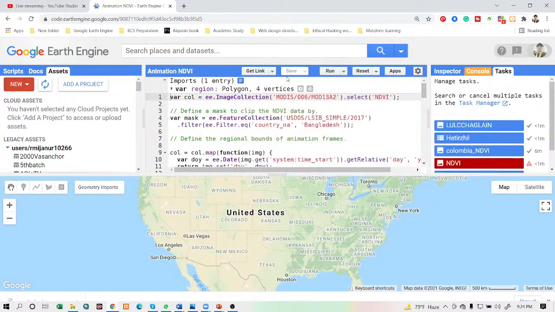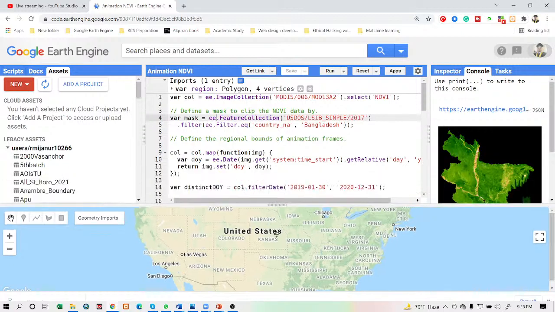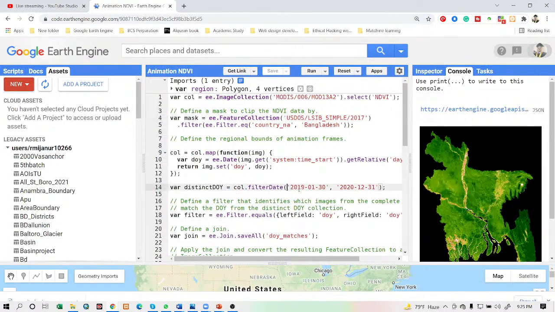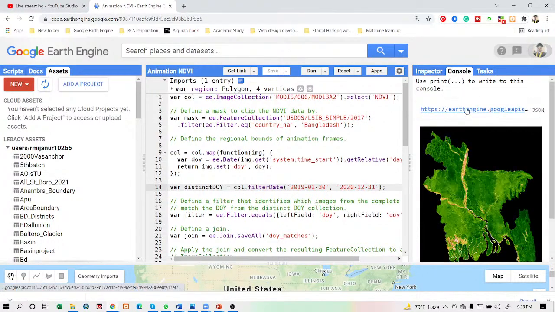And you can see save. I already saved this code with the name animation NDVI, so it will be saved. And run is mainly for executing your code. I write this code, and now I want to get the output from this code. So I simply click to the run, then I can get this result from here. Mainly this is the code for the NDVI animation for Bangladesh for a specific time frame, okay. You can get this result from here. If you want, you can also share this link with another person, then this person can also access this animation.